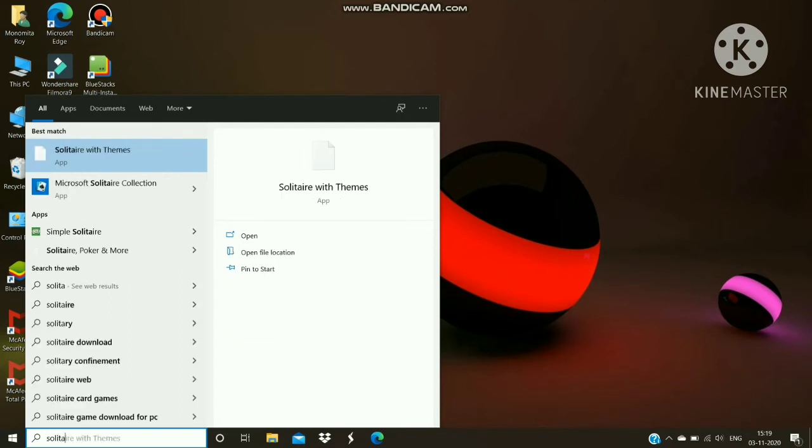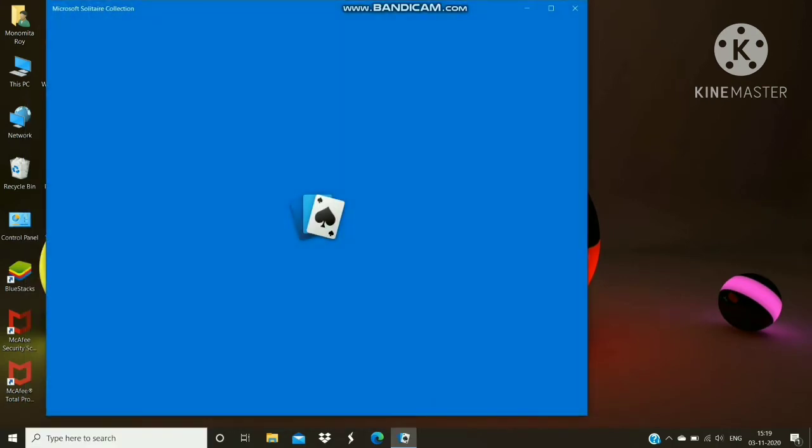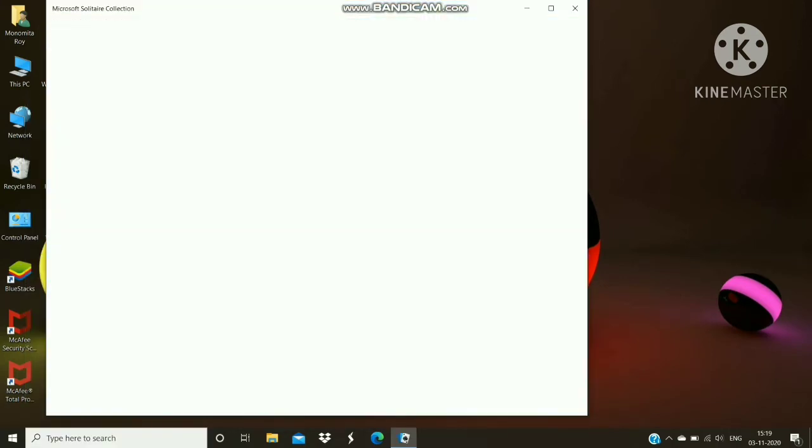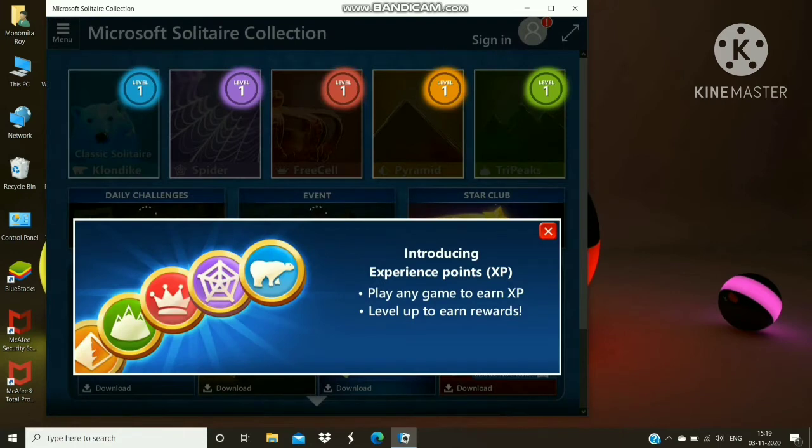So moving on to the next topic, that is games. There are many types of games you can play on your computer, and they range from card games like solitaire to action games like Halo. So right now this is the card game, that is the solitaire I'm showing you. You can see.